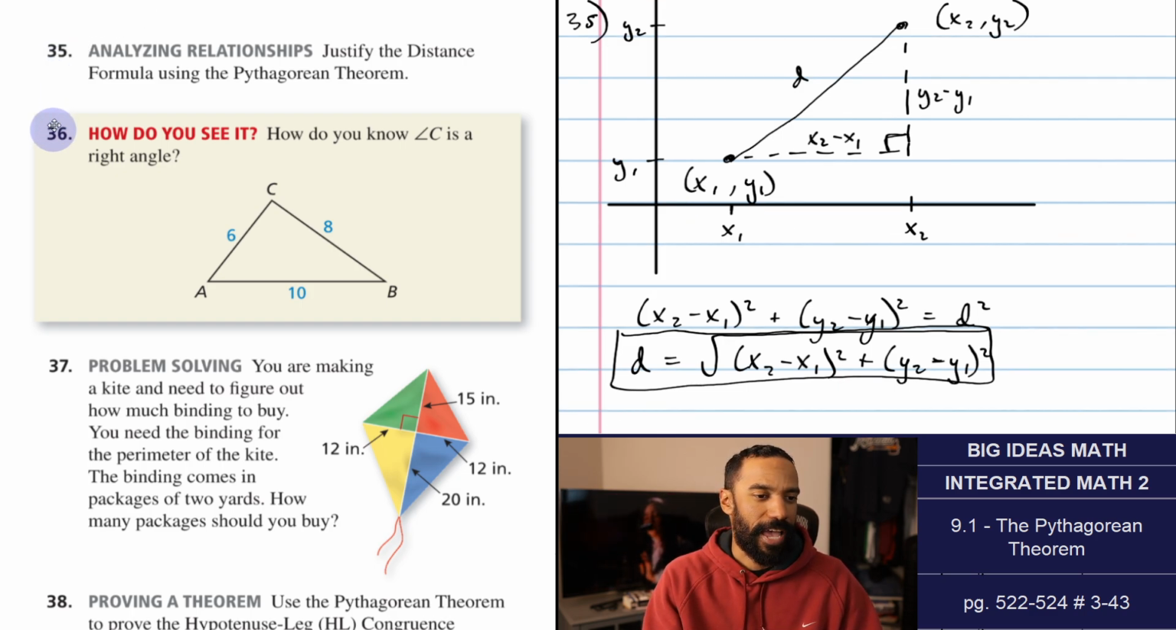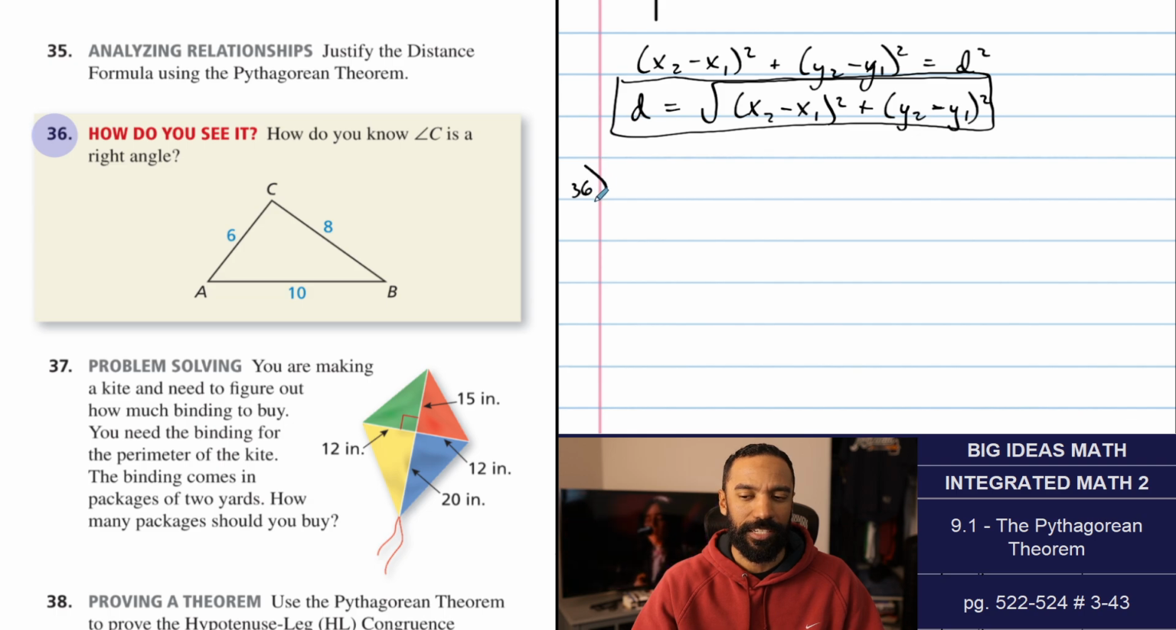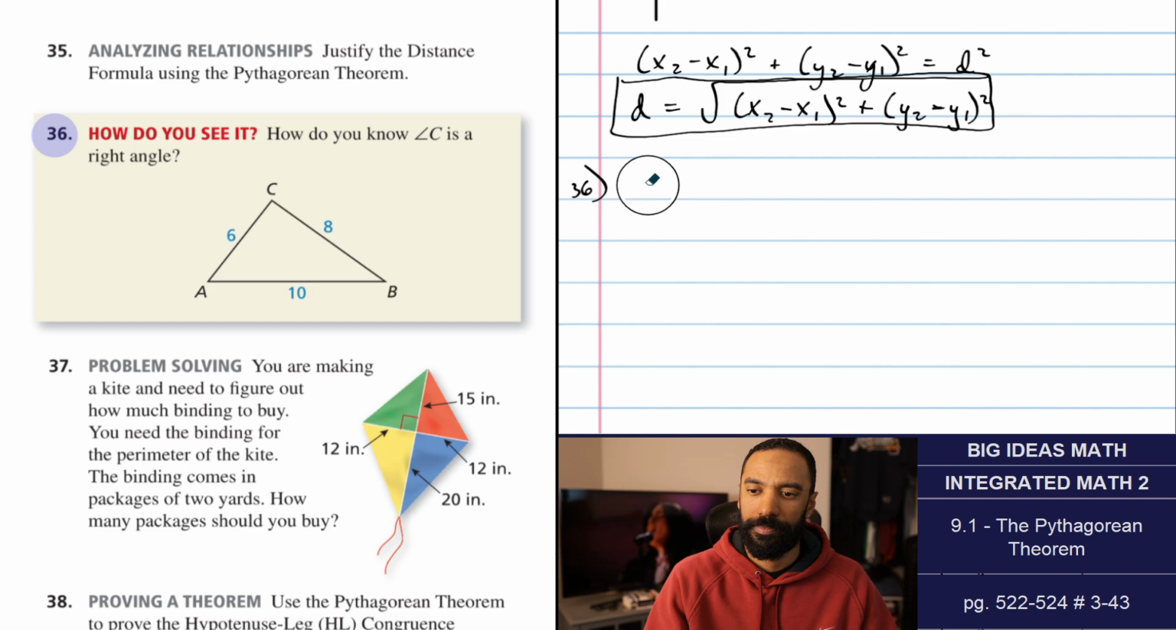All right, number 36 is a how do you see it question. How do you know angle C is a right angle? Well, because I see it. That's how I see it. I see it that way. Angle C is a right angle